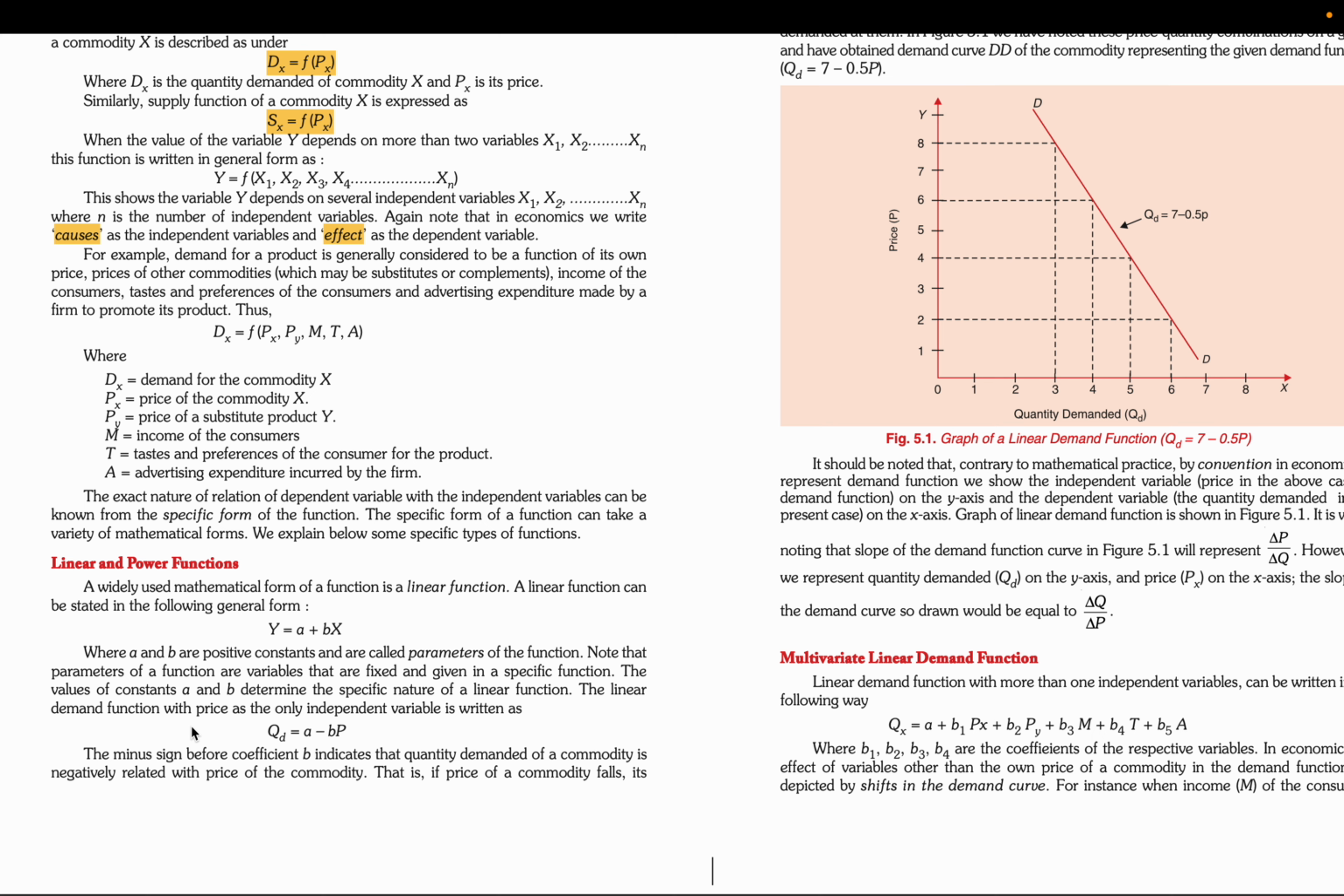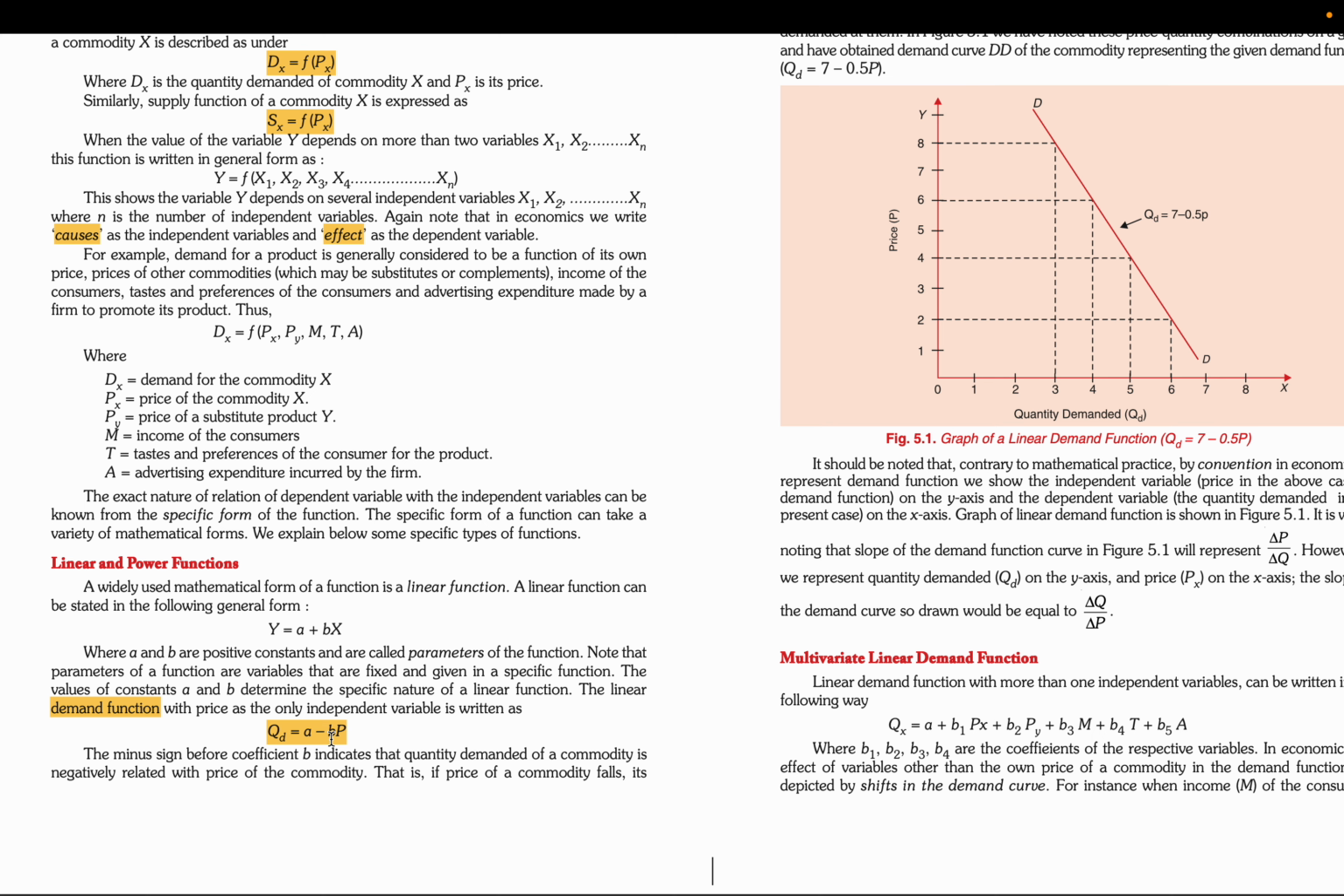The linear demand function with price as the only independent variable can be written as this. So quantity demanded equals a minus bp, where p is the price of that particular commodity. This is how you can give the demand function. Sorry, this is your demand function, a general linear demand function. The minus sign before coefficient b indicates the quantity demanded of a commodity is negatively related to the price of a commodity. We of course know this again, but